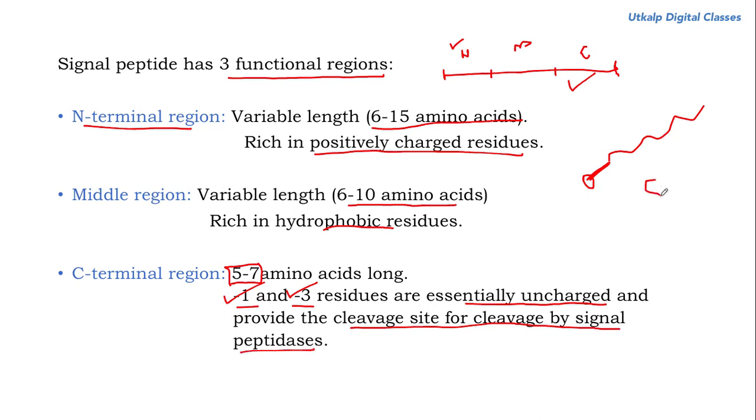So once the ribosome and the peptide complex sits on the RER membrane, so this is the protein being inserted inside the RER. Once the entire protein is inside the RER, the N-terminal signal peptide is going to get cleaved off at the -1 and -3 position by signal peptidases already present in the RER lumen.